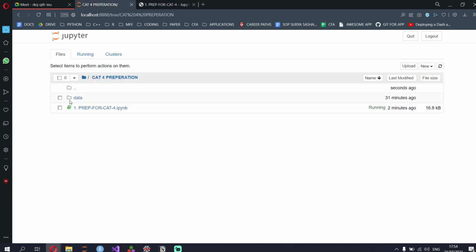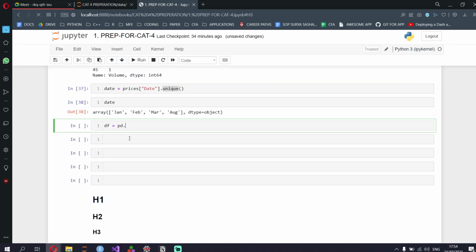Right now in my data folder I have 3 files. They're all CSV files. If I had an Excel file, it would have the extension .xlsx, and based on that I'd need to read it. You put pd dot, and if you don't know how to call a function, you just put the first 2 letters. You put read and press tab. These are all of the file types pandas can read and convert into a data frame.